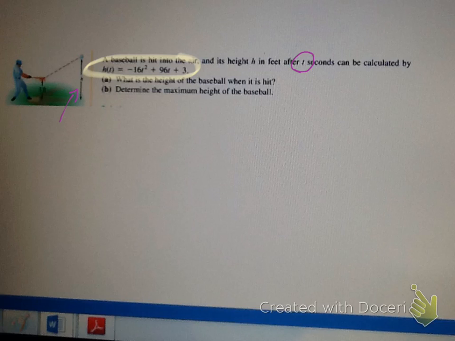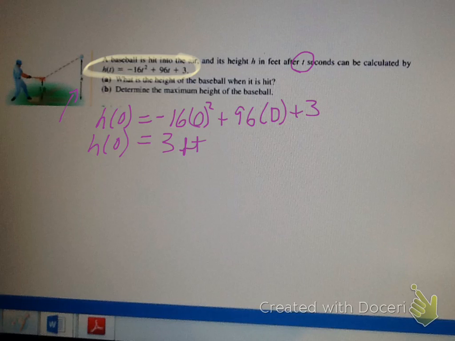So you should be able to go, well, I know that the height of the baseball would be before it even got hit, or at that 0 seconds. So I should be able to plug 0 into the t and find height. So if I do that, I find that the height at 0 seconds is 3 feet. So I can answer that question without this